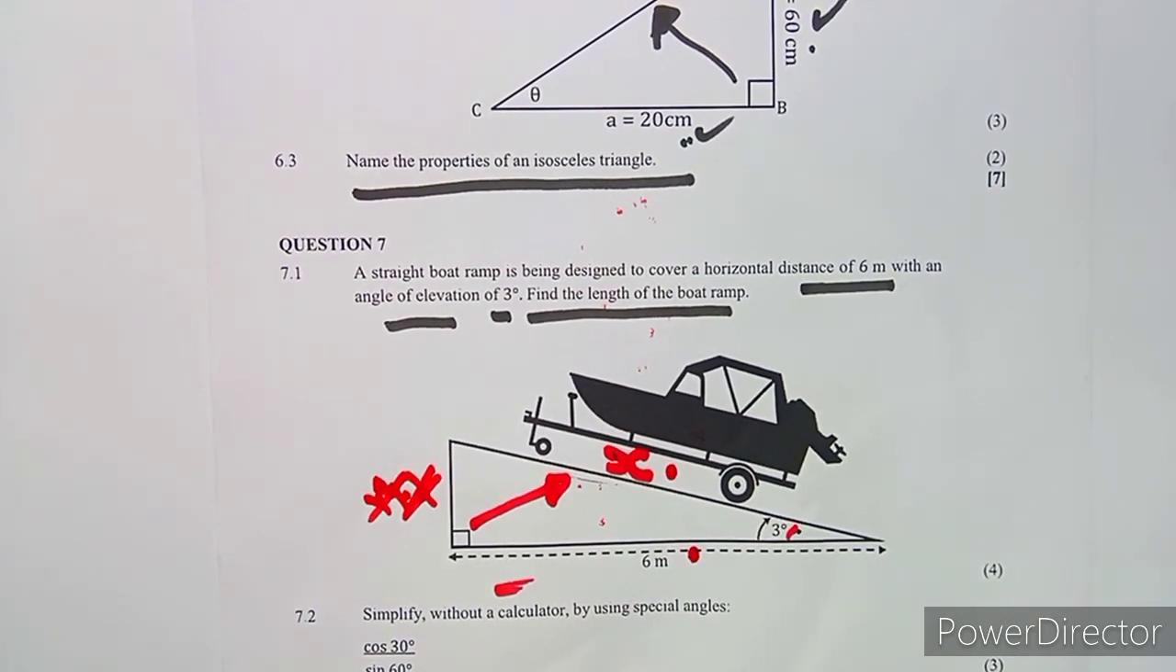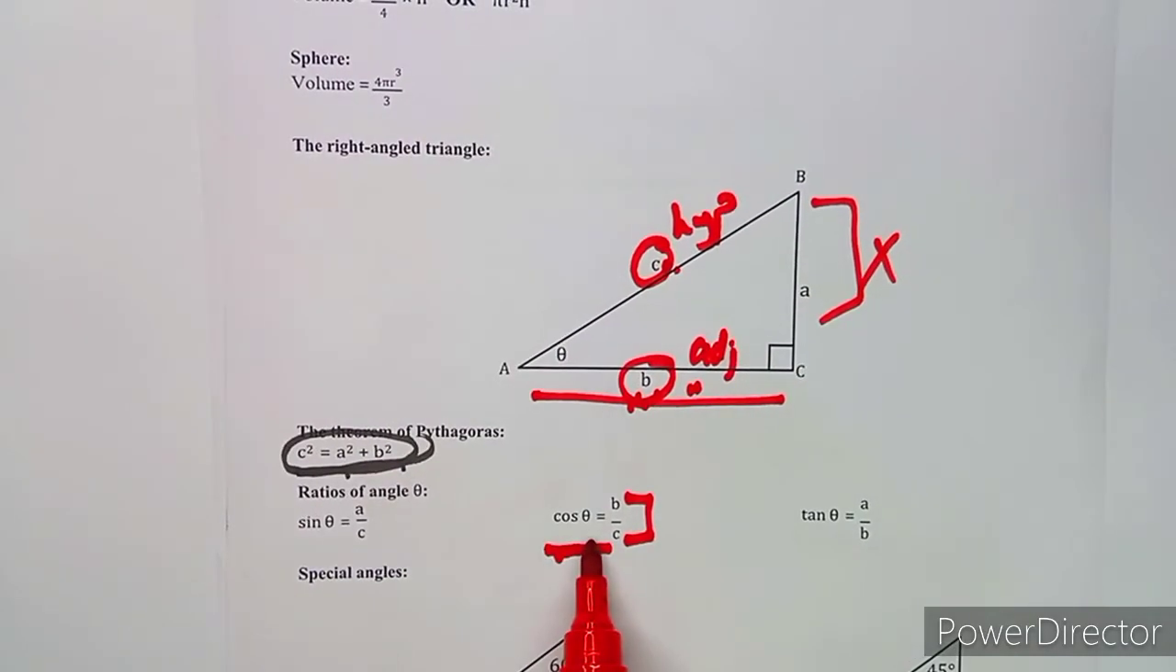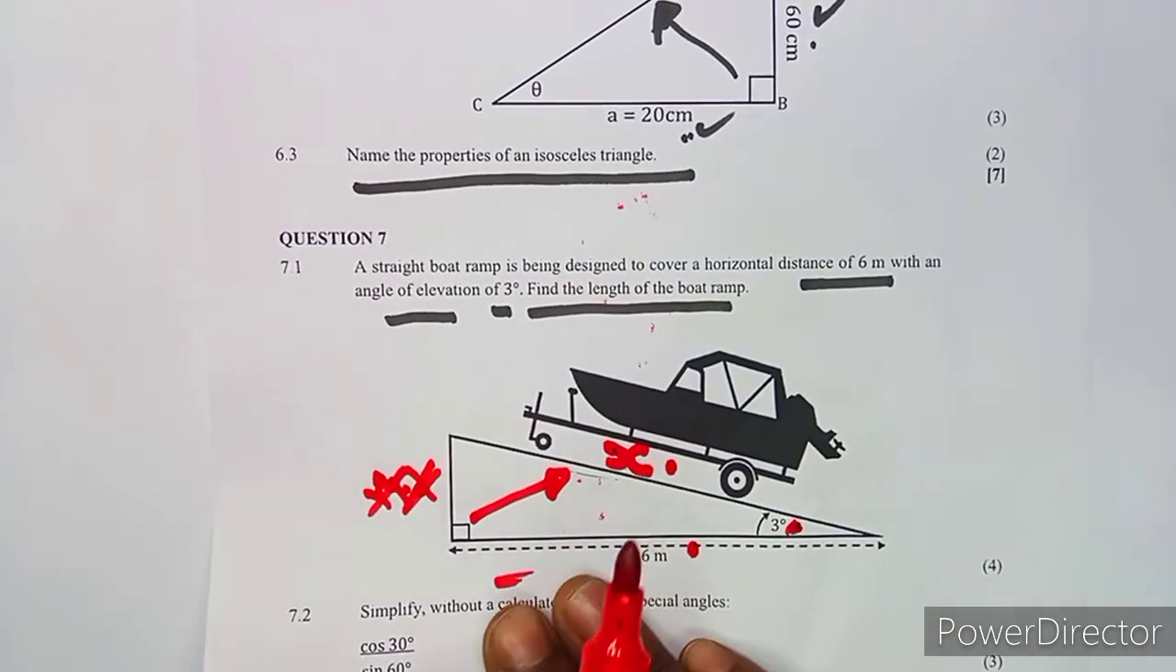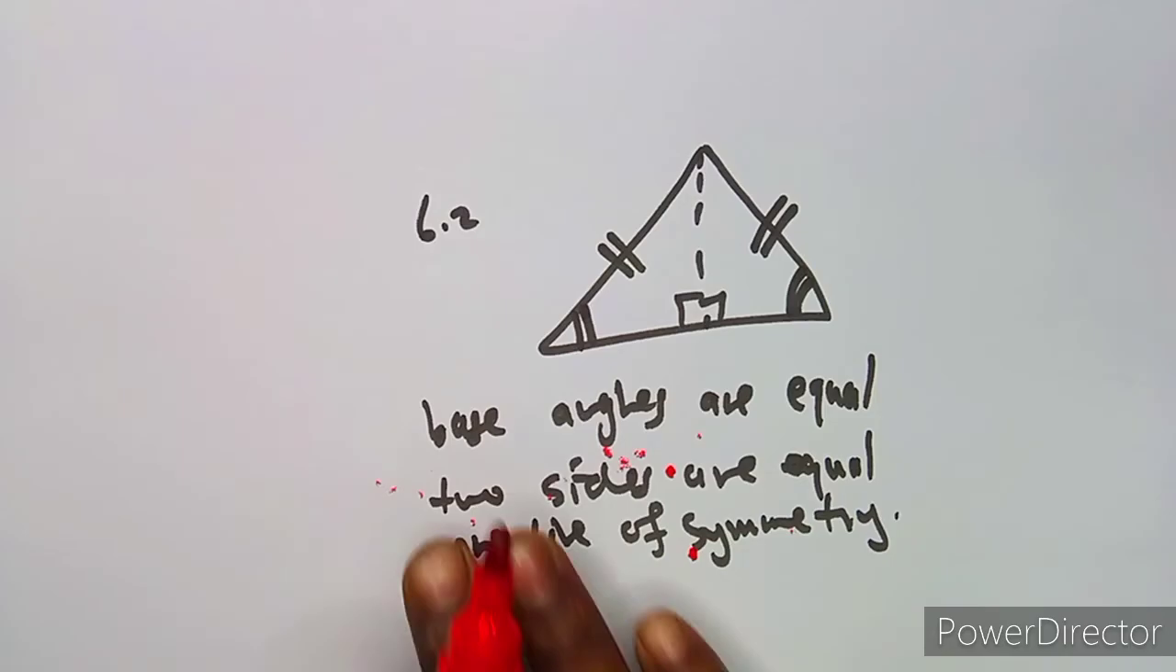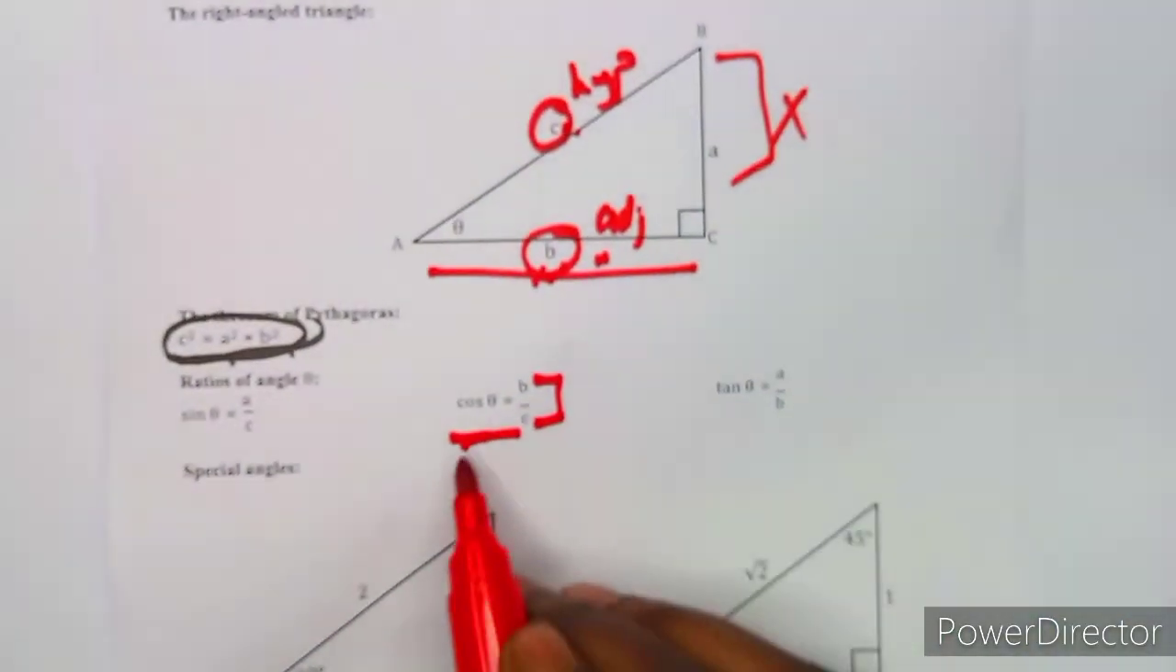That is what you work with. So you work according to this angle of 3 degrees, that is cos theta. So we're going to use cos theta there. All right, that's question 7 actually, and of course 7.1. So you're going to use cos theta,